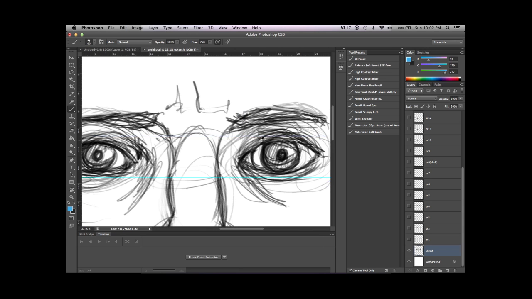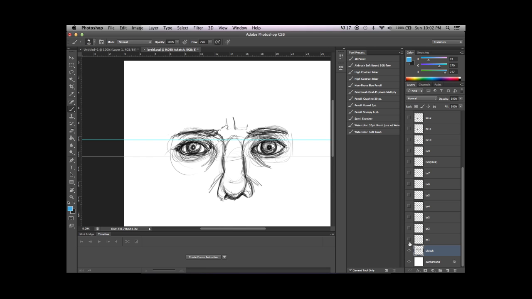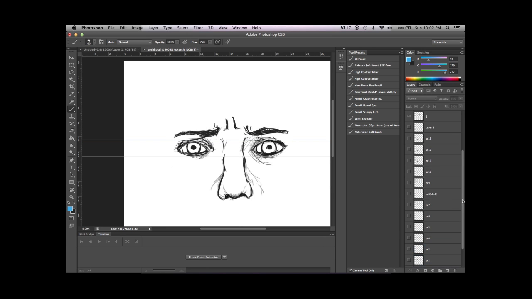So once I get my initial sketch, then I bump that down to like 50% opacity so I can see it. And I started by just tracing that out, and I have my layers over here, 1, 2, and 3. And then I remove the sketch, and I'm not going to use that at all. So then, after I have just like my template here, I went in and put in just the brown